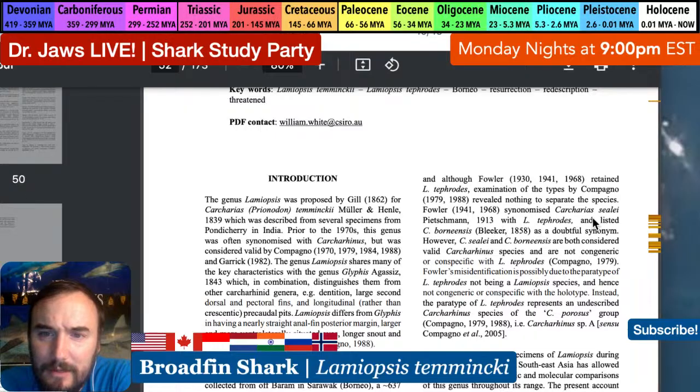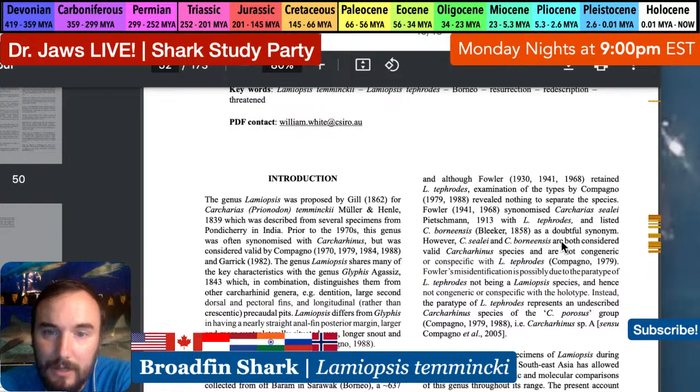Fowler synonymized Carcharinus sealii with Lamopsis tephroides and listed Carcharinus borneensis as a doubtful synonym. However, this is actually kind of fascinating. It's very fun, nerdy shark history. But however, Carcharinus sealii and Carcharinus borneensis are both considered valid Carcharinus species and are not congeneric or conspecific with